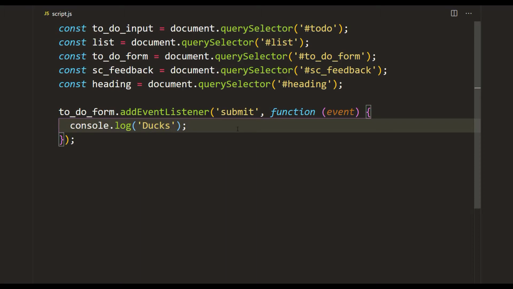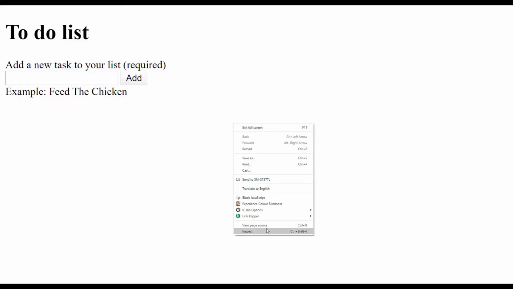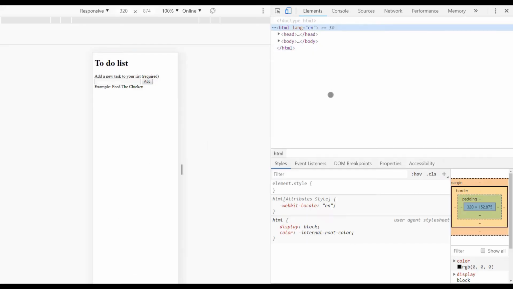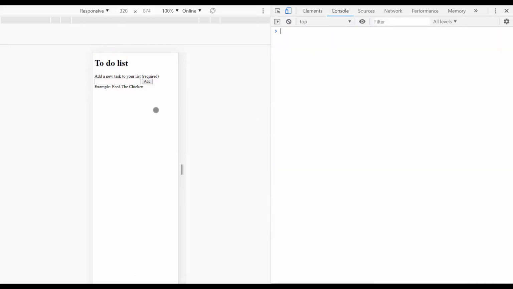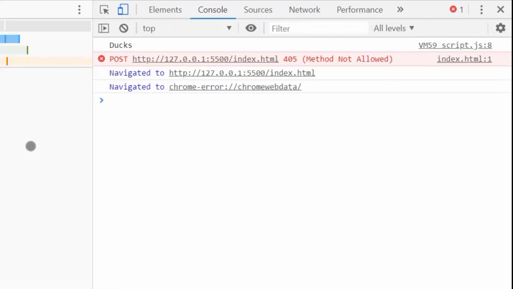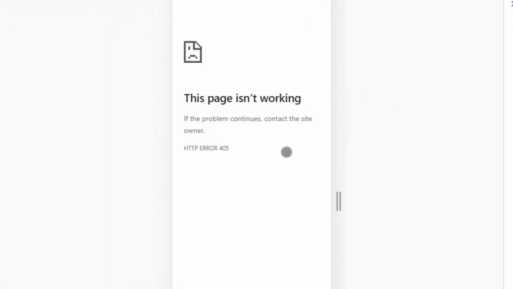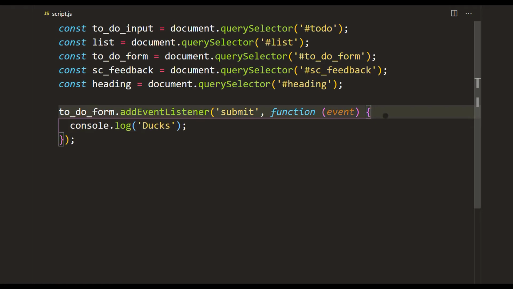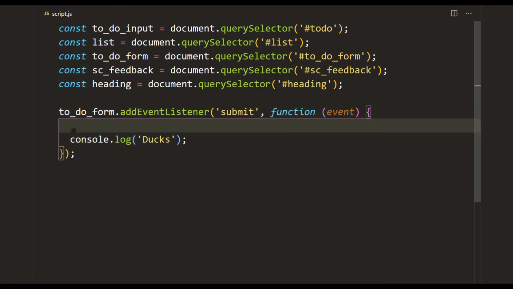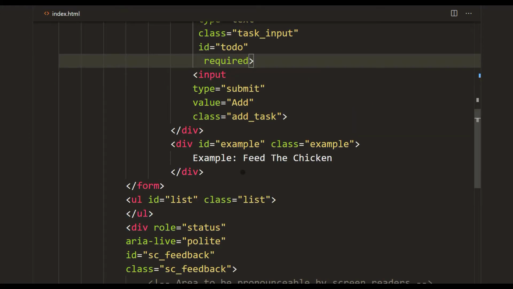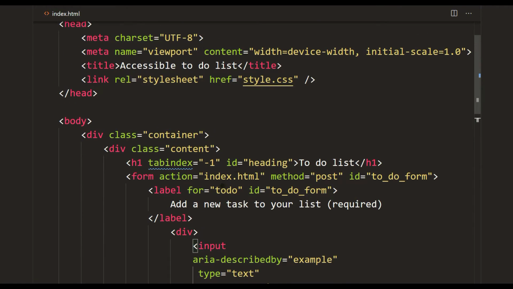Let's try to test our masterpiece. I'm going to go ahead and open the console. Right now it's empty, but if I submit, okay, I actually have to add something. If I submit, I get ducks. However, see how the page refreshed and I get an error? That's because whenever a form submits, it tries to find some sort of server-side processing file. It couldn't find it in our case because our form has the action of the index.html, which has no server-side language.